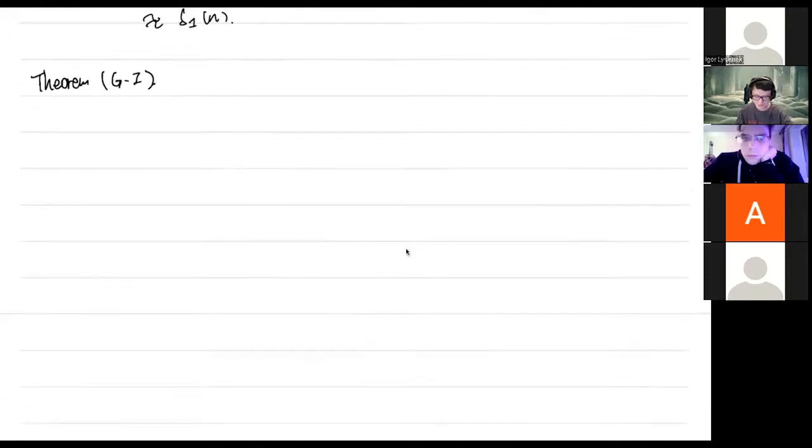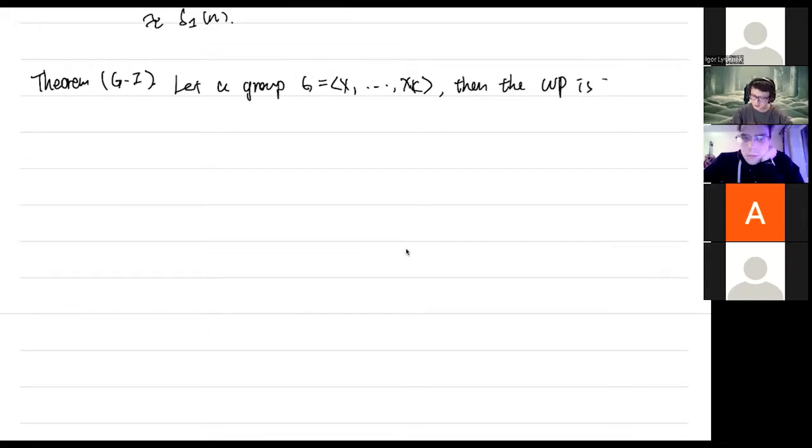Also given by Gorbachev and Ivanov. They observed that under this definition, actually, it's very easy to see: if we have a finitely generated group, then the word problem is in NP, so it can be solved by a non-deterministic Turing machine in polynomial time, if and only if